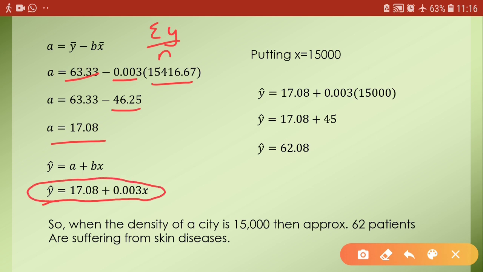There are a few more questions, like you have to put x equal to 15,000, that we will repeat in the next lecture. This illustration 14 is half done, half left. We will be doing it. Whatever you have listened to in this lecture, you have to write it compulsorily, and the previous lecture also you have to write. It is available on YouTube, so you can pause and write it easily if you are not able to write while I am speaking. But you have to write.